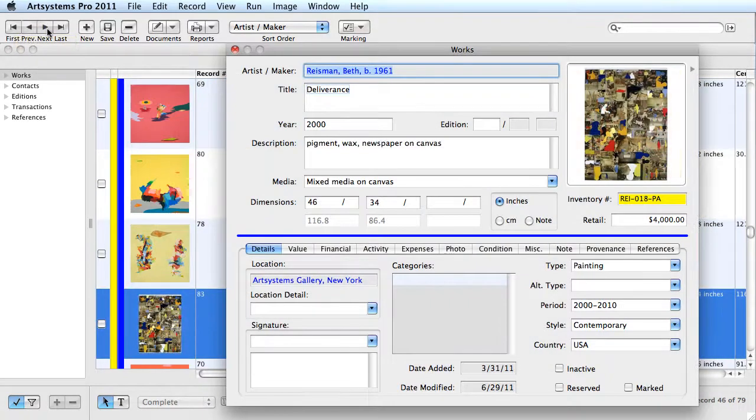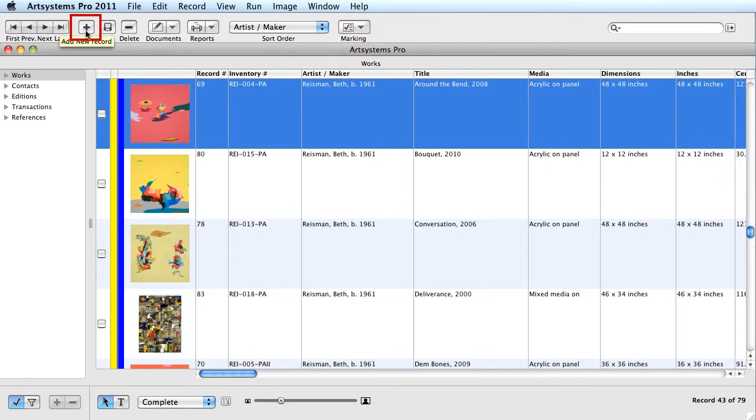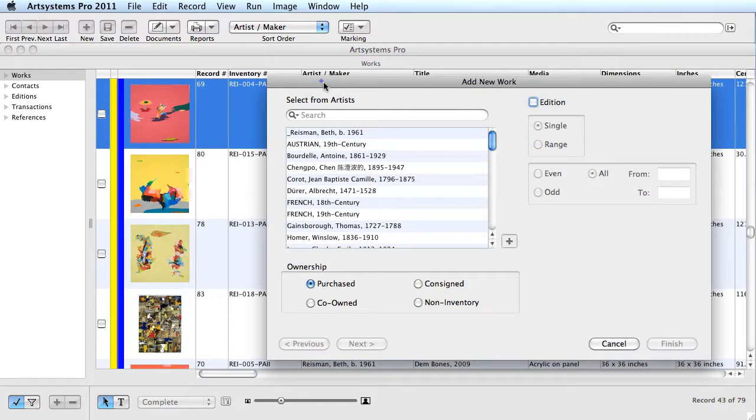I'll close this record and move to the next button, which displays a plus sign. This is the New button. With this button, you begin the process of entering a new record into the selected module of the data file. Clicking the New button will open the Add New Data window in the selected module. In the Works module, the process begins by selecting an artist or adding a new artist into the database. Entering a new work is covered in a separate Artsystems tutorial, so for now I'll close this window and proceed